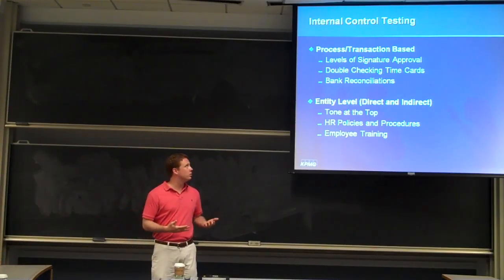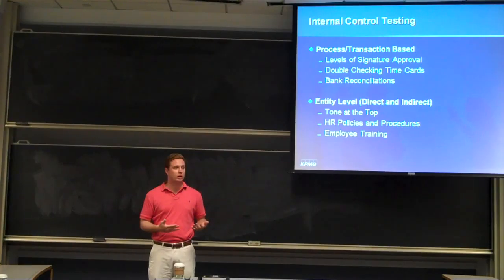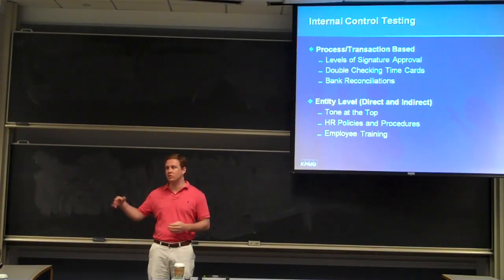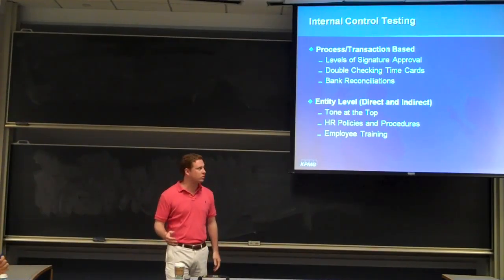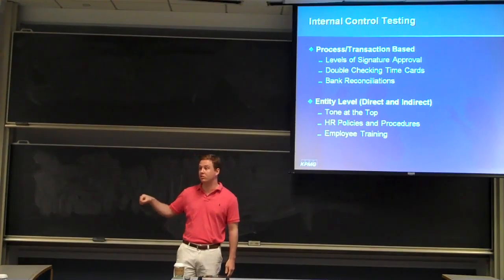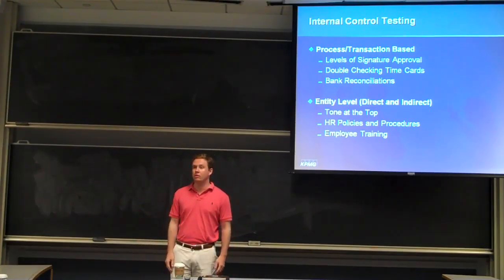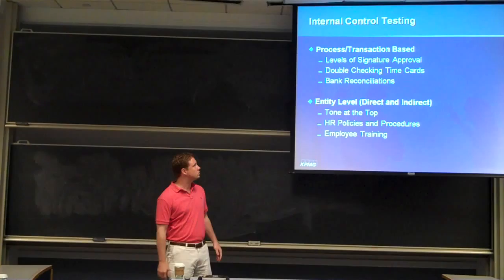And so what I would do to check if that control is working, I would just select whatever sample of transactions I would have and say, well, okay, here's this level, did the appropriate person approve it? What do you think, what does that do for me? Checks to make sure that nobody's just ripping off. Right, so make sure that no one's just going out and writing checks for themselves, doing whatever, there's appropriate review and approval.